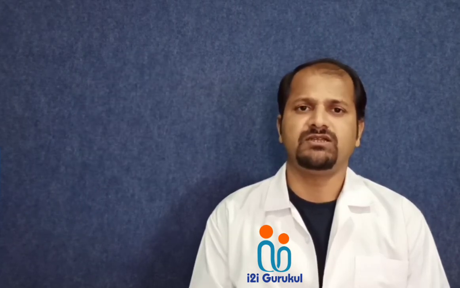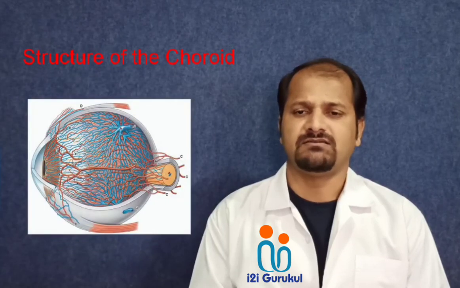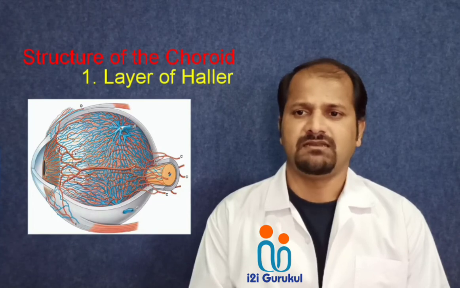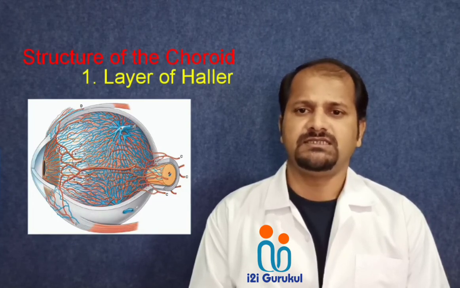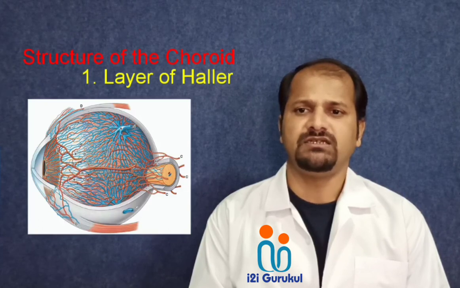Friends, moving towards the structure of the choroid, it consists of 3 layers of blood vessels having supporting structures on either side. That is the suprachoroid lamina fusca on the outer side and the basal lamina, Bruch membrane, on the inner side. The 3 vessel layers: the first one is the outer vessel layer, that is Haller's layer. It is the nearest to the sclera and consists of large veins that lead to the vortex veins.